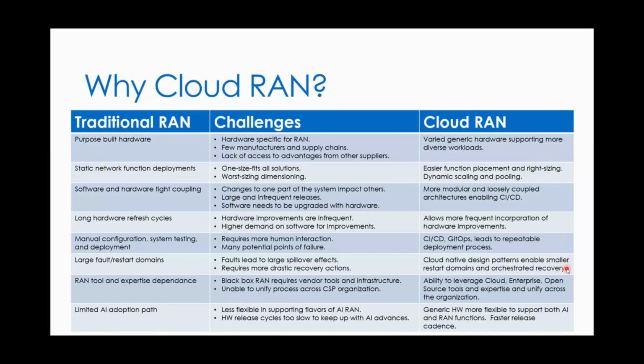From a restart domain point of view, one of the advantages of the traditional cloud microservices model is that you have more encapsulated functions with clearly defined interfaces, and they tend to be smaller. So if there's a failure within one of those entities, it both limits the spillover effects into other entities, and the cloud infrastructure is designed to detect that there's been a failure and restart that component of the system. So you're taking advantage of that robustness and recovery capability.